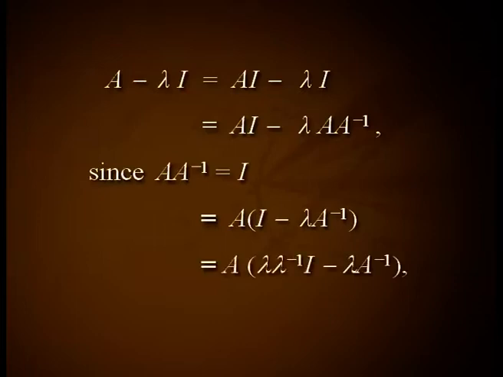Now, A minus lambda into I is equal to A into I minus lambda into I, which is equal to A into I minus lambda into A inverse, since A into A inverse equal to I, which is equal to A into lambda inverse into I minus lambda into A inverse, since lambda inverse equal to 1, which is equal to A into lambda inverse into I minus A inverse. That is A minus lambda into I equal to minus lambda into A inverse minus lambda inverse into I,